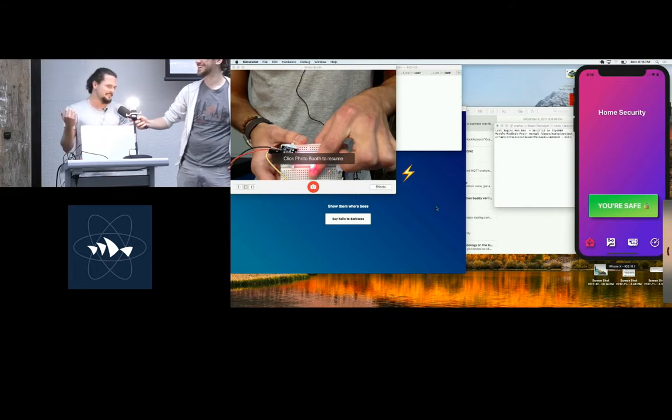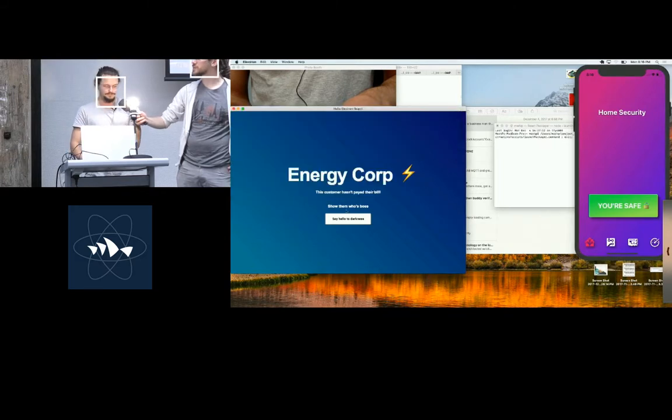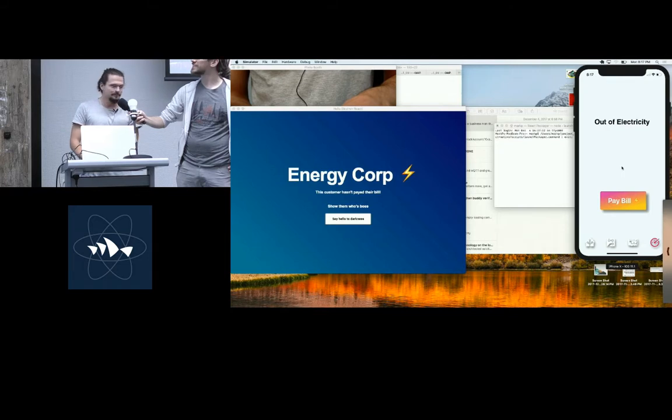But this is all really good, right? When you have electricity in your house, and then Energy Corp comes along and they're like, oh, this guy hasn't paid the electricity bill. Goodbye. So you're like, oh shit, I just lost all my electricity. What am I gonna do? Well, thanks to emerging technologies, you can go to the control panel of your house and pay your bill with